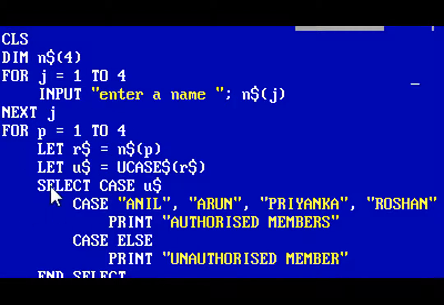Now the second for next loop, for p is equal to 1 to 4, will check each of the names. First of all it will assign that very name: suppose the value of p is 1, then a$(1) will be assigned to the string b$, and afterwards it will store the value of b$ in c$ after capitalizing it.